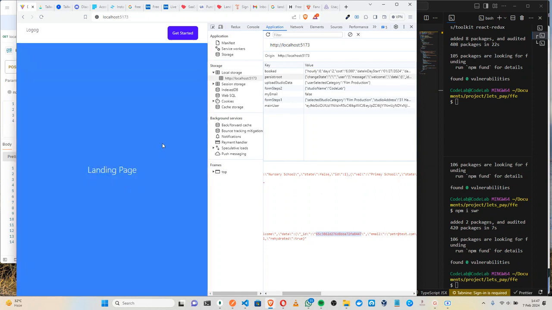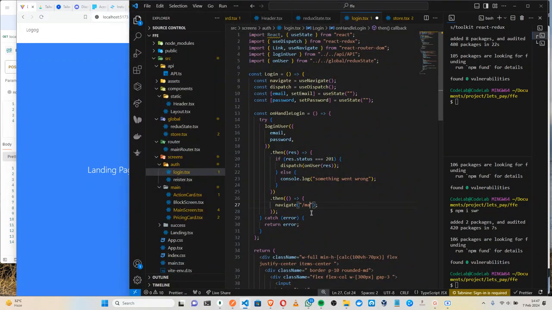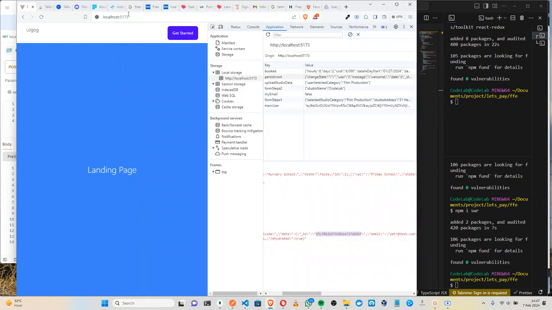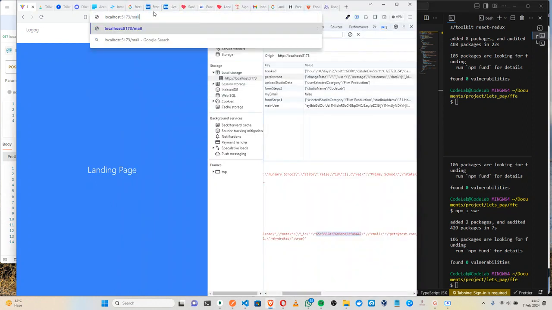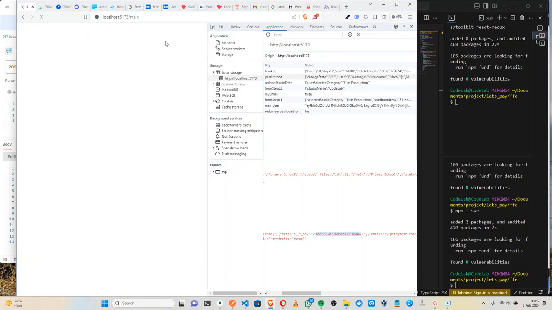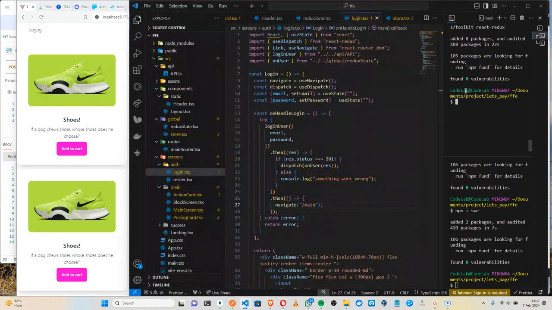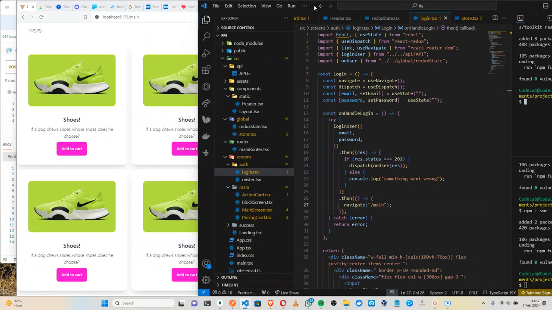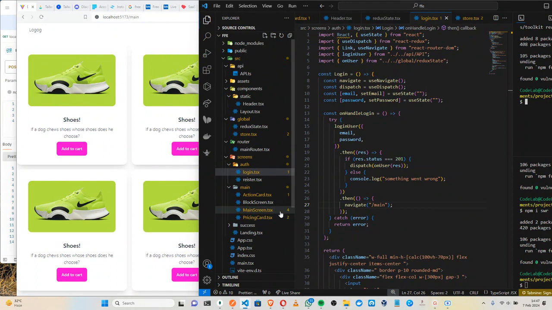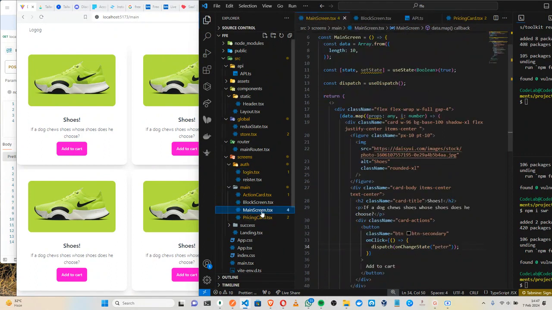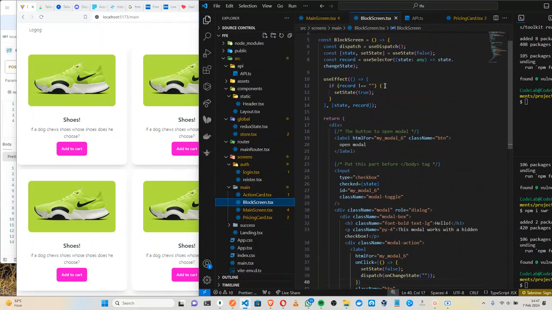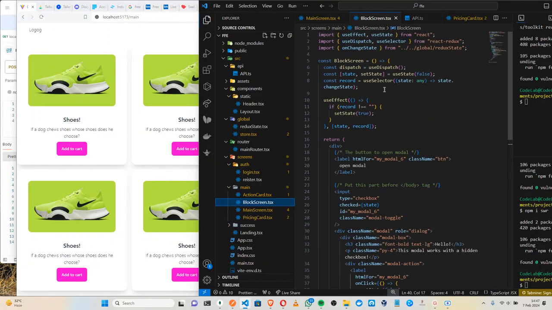Okay, so the tractor is here. Oh, not yet. The main. So this is where we want it to take us. Main. So yeah, makes sense. Okay. So now let's go to the main screen, or rather the block screen, right? So what we want here is, first of all, let me get the